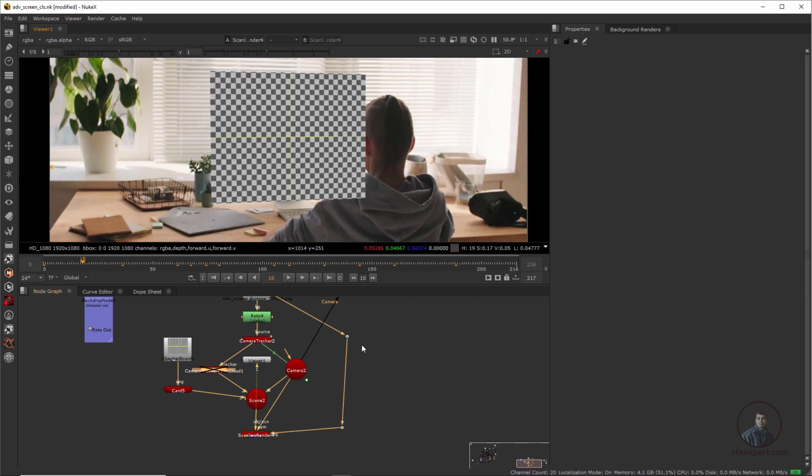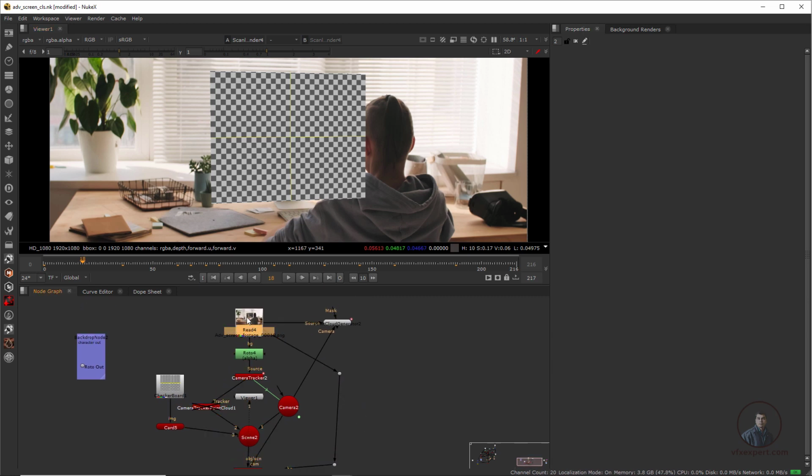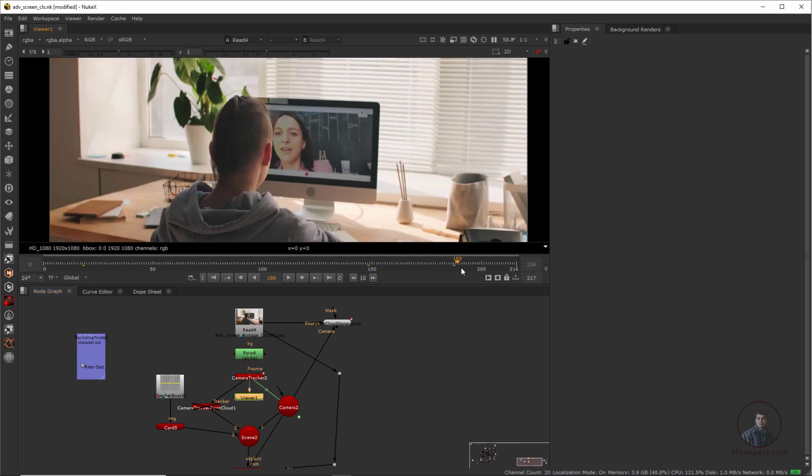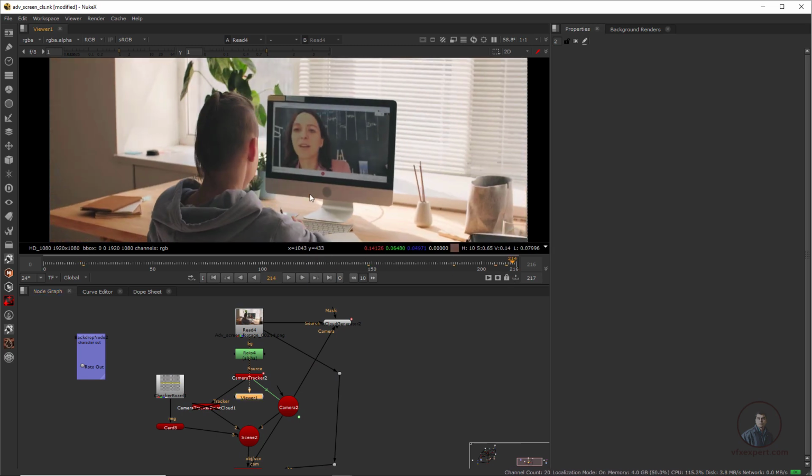Here we will use the projection technique. So how can we use it? First we have to select our original plate and press 1, so we can take our reference frame. Maybe here we can place our screens. So guys, at the last frame we will project our screens here, because here we can easily see our screens.